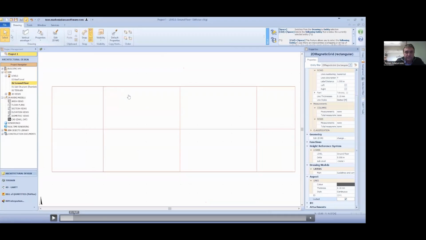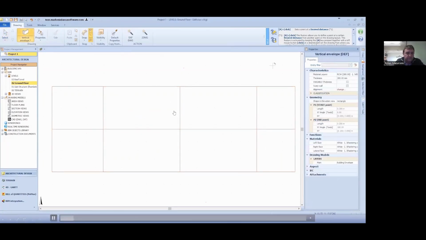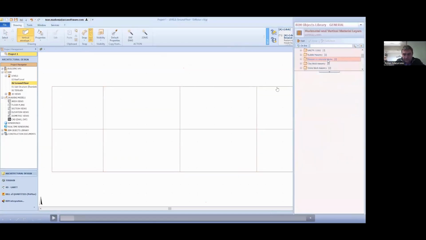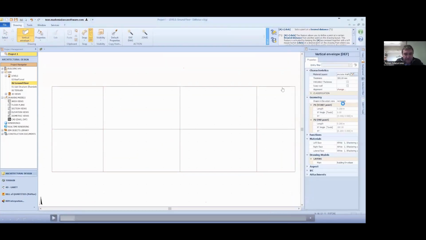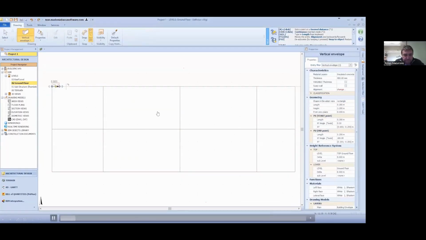Let's go and grab one of the first objects of this example where we're going to insert a wall. Let me just show you. You may be very familiar with the fact that walls are not just simple geometrical representations. They contain different materials, and we can achieve this advanced functionality of being able to choose the composition of our walls by going into the library.